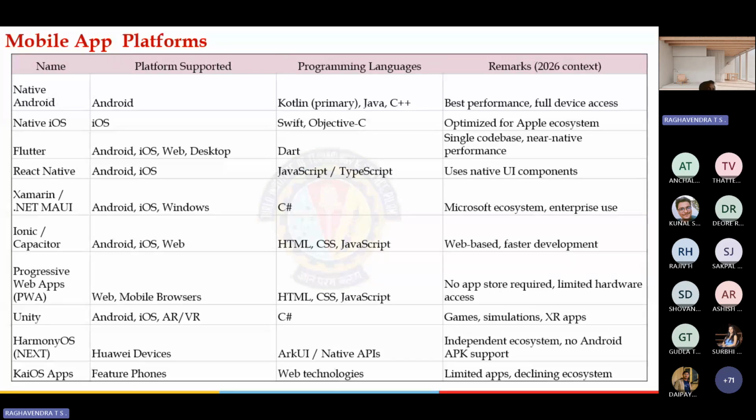Progressive web applications are built on platforms only for the web as well as mobile browsers, where they use HTML, CSS, and JavaScript. No application store is required, so limited hardware access will be there. Unity, which is going to run on Android, iOS, as well as AR and VR, augmented reality or virtual reality. So they've been built using C#, and they'll be used majorly for building applications such as games or simulations